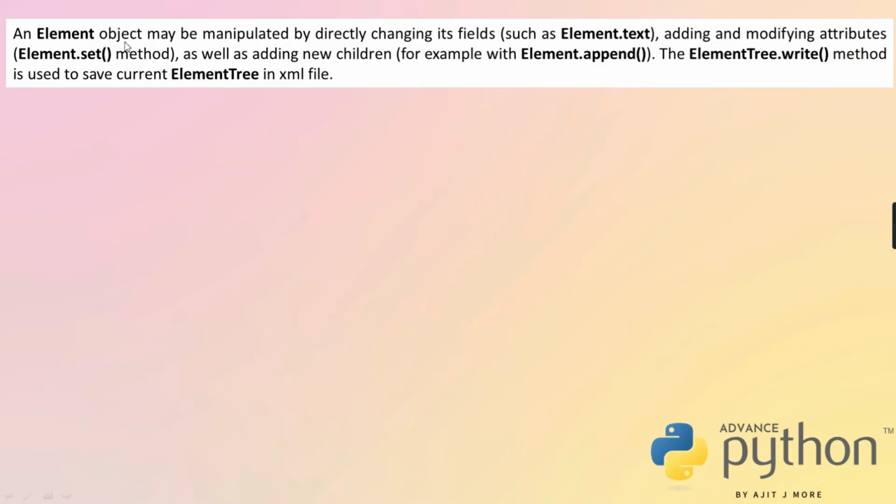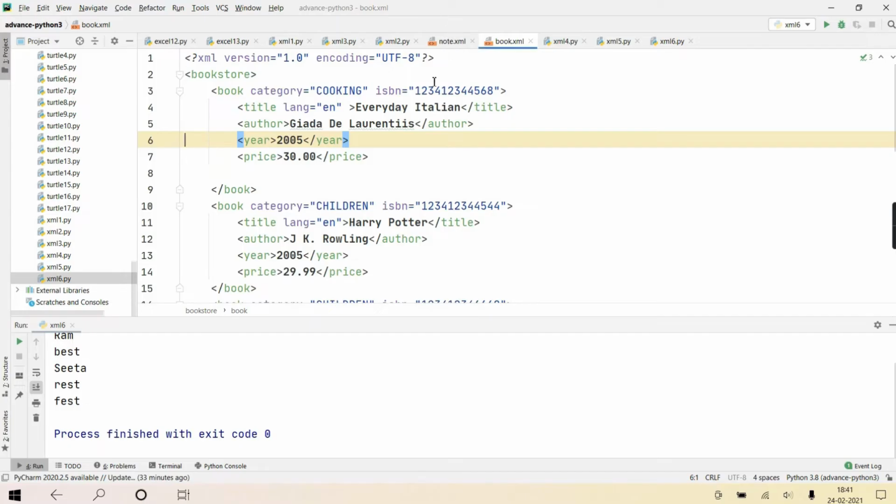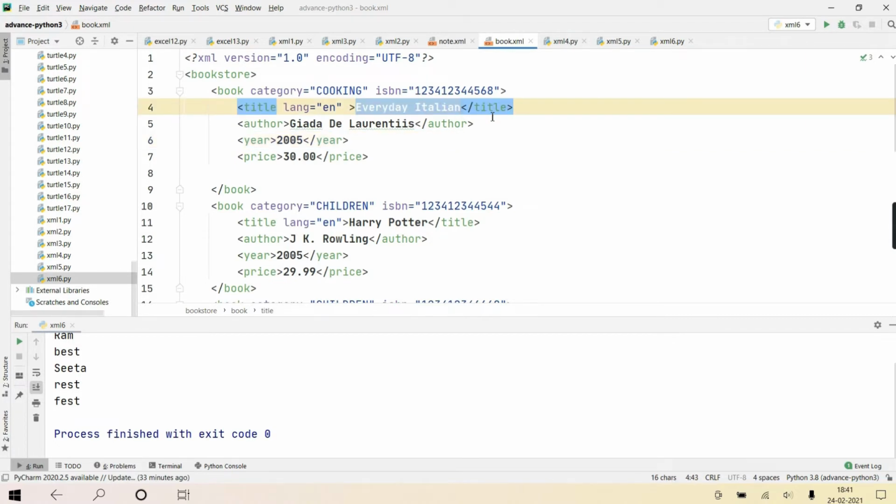An element object may be manipulated by directly changing its field, that is the text field. One by one I'll discuss. Suppose you want to change the text content of an element: you can assign new text to the text property of that element.